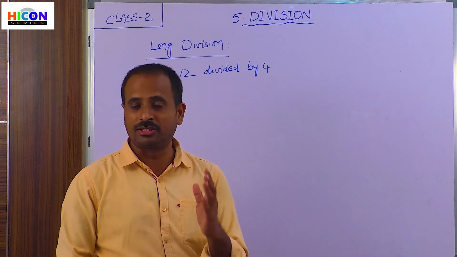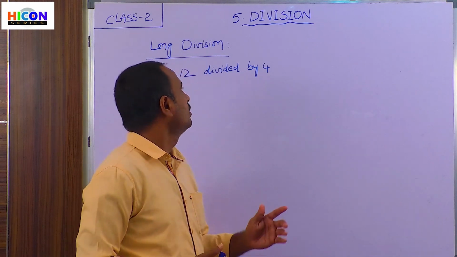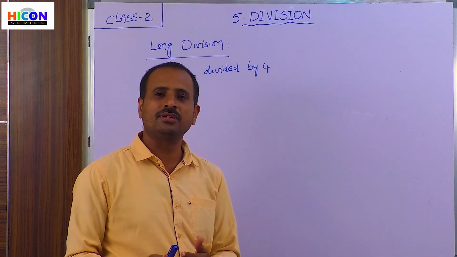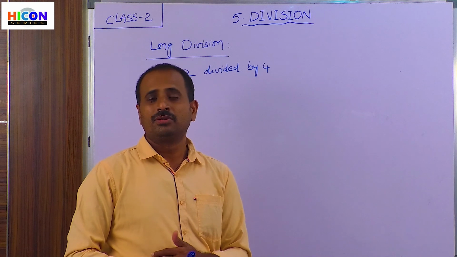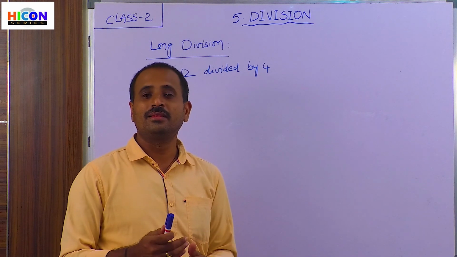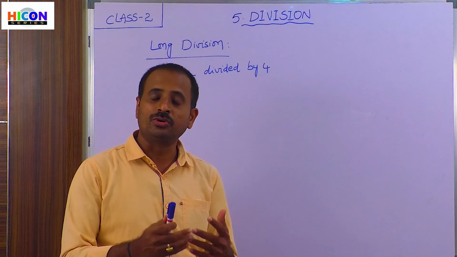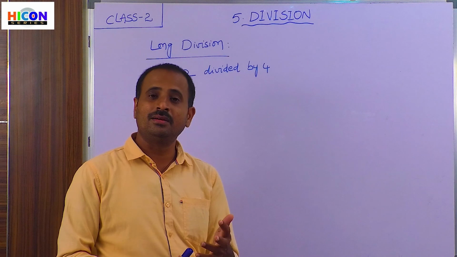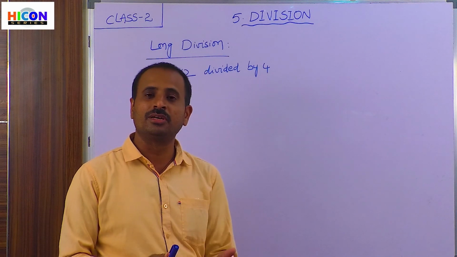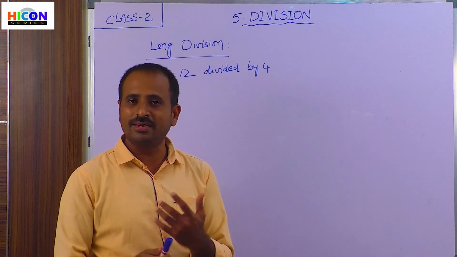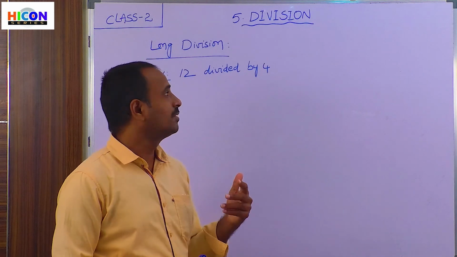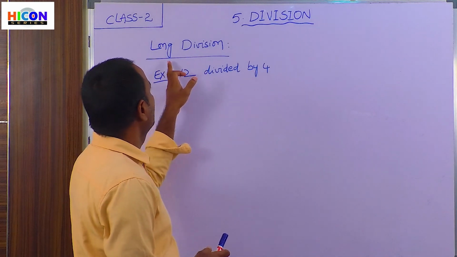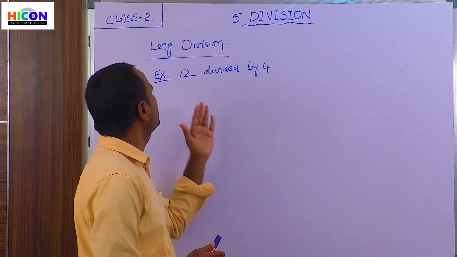Now, we are going to the next topic in this chapter. That is long division. This is another method of doing division besides the number line. The number line is time-taking and somewhat difficult, as we have to show additions every time. So that's why there is another, simpler method for doing division without using the number line. What is the alternate method to show division? It is long division.